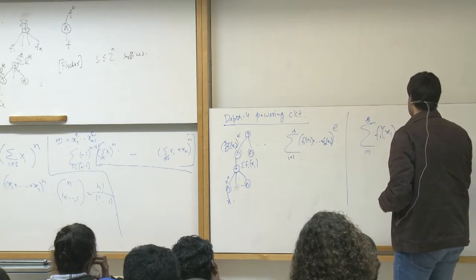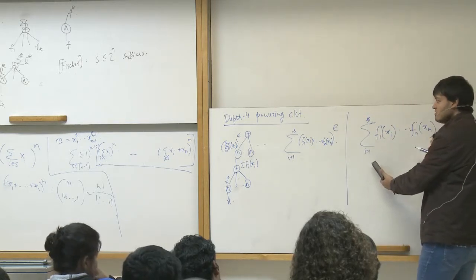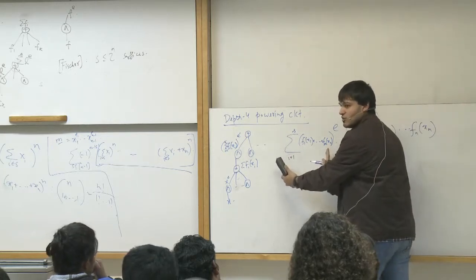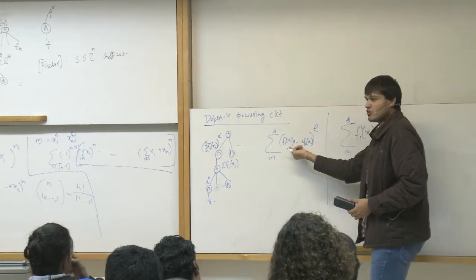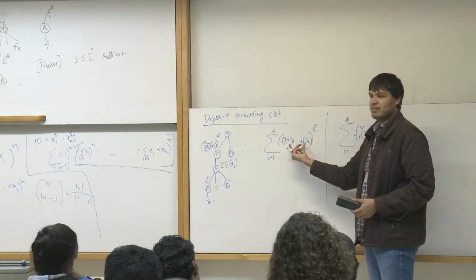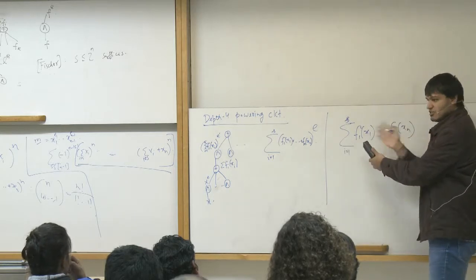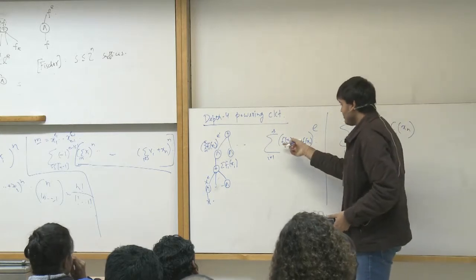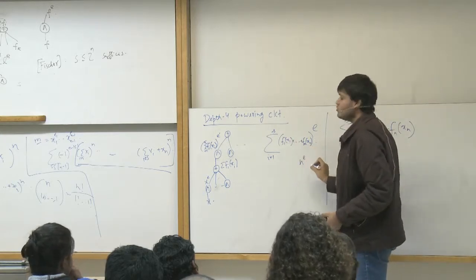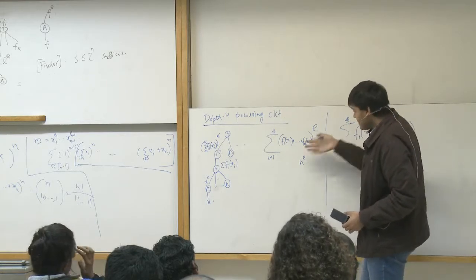Now you can always convert this model into that model by trivially expanding. If you trivially expand this term out, you will get a sum of products of univariate polynomials. But the point is that you'll have a huge blow up, and then you cannot use the lower bound here. So to circumvent this,